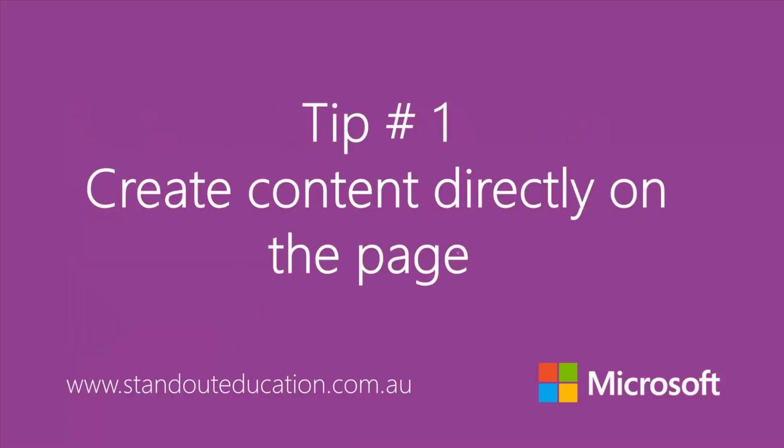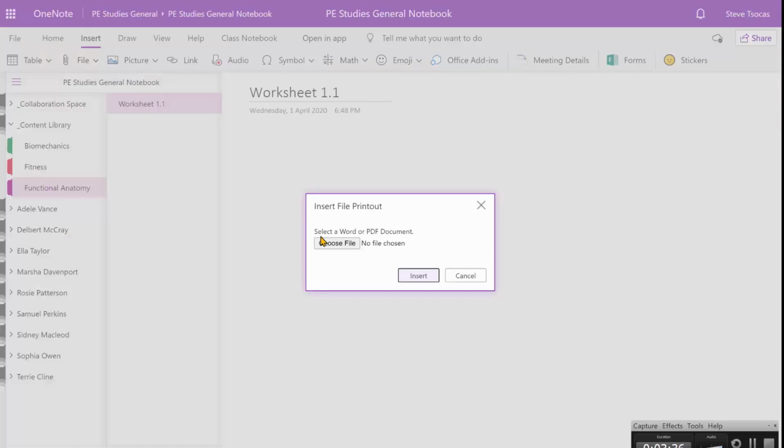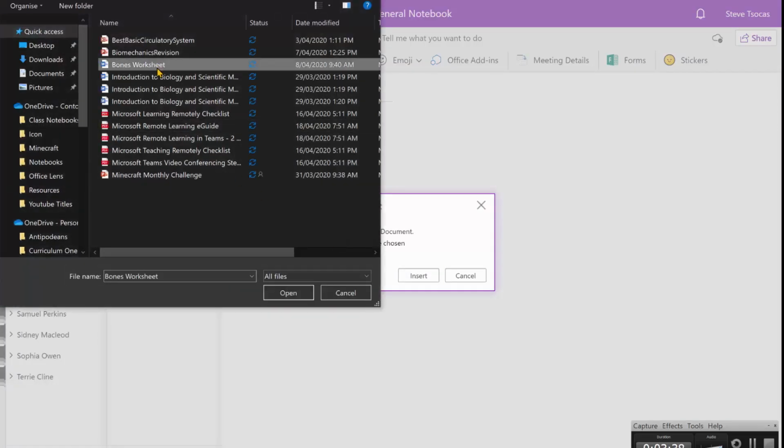And our first tip is create content directly on the page. Now I'm using the online version of OneNote for this particular demonstration, but what we mean by putting things directly on the page is that when you are creating pages, and I'm just going to go ahead and create a worksheet here. We know people are actually using the insert and file printout feature, which brings in a Word document